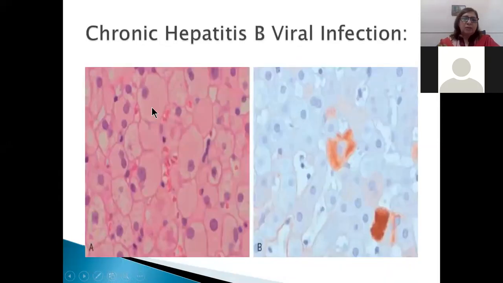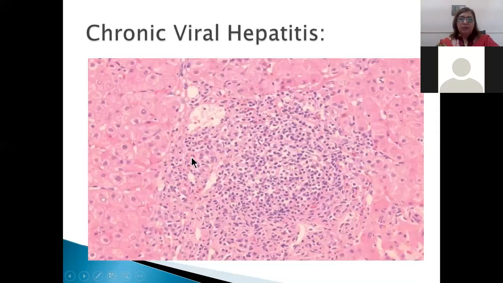I told you in hepatitis B viral infection, there is a ground glass appearance of the hepatocyte. This is a ground glass appearance, and this is because of the hepatitis B surface antigen, which is present in the endoplasmic reticulum, which gives it a ground glass appearance. This is hepatitis C viral infection, in which you can see lymphoplasmacytic infiltrate present within the portal tracts, and portal tracts are expanded, and you can see dense chronic inflammatory infiltrate composed of lymphocytes and plasma cells.